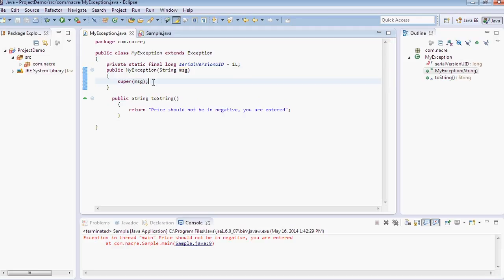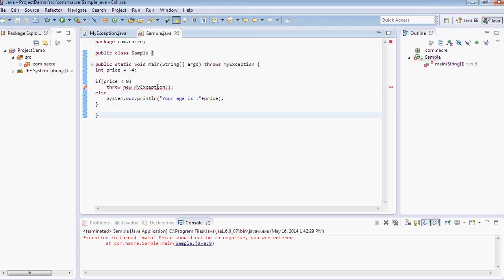In order to modify the system generated message, or if you want to give dynamic error messages, then you can go for this super keyword method. Now, price.